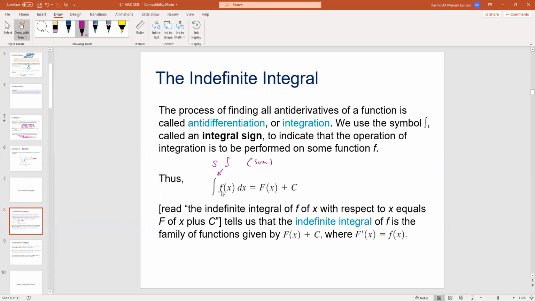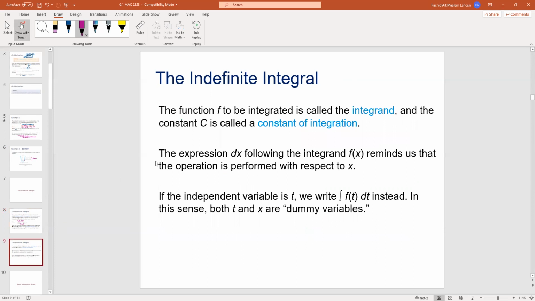So the integral of this function f of x, this indicates with respect to what variable. It's going to be this antiderivative plus c. Why? Because if you differentiate it, you're going to find f of x. Right. So the function to be integrated is called the integrand, and the constant c is called the constant of integration. The expression dx following this integrand f of x